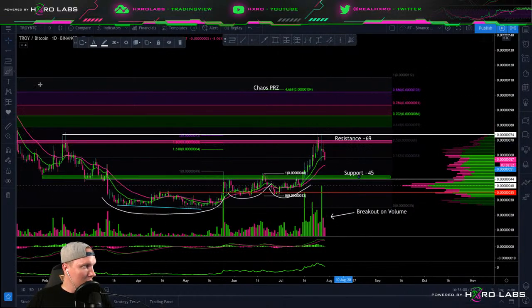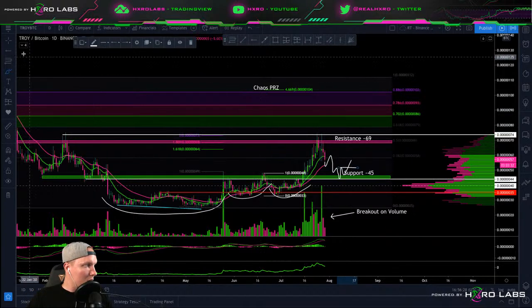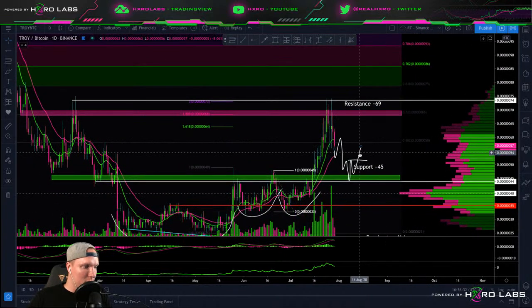And so, you know, probably get a little bounce in there. You know, this is the test for Troy. You're going to want to see some kind of reversal pretty quick off that, or at least park above. I wouldn't want to lose 44 if I'm a bull, at least not on a close. Might wick, but if it comes back at all, let's take a look at the pump chaser fib. Clip of that support would potentially be...